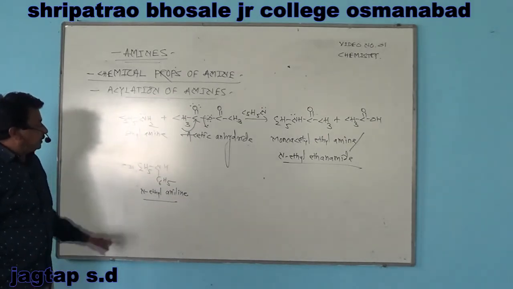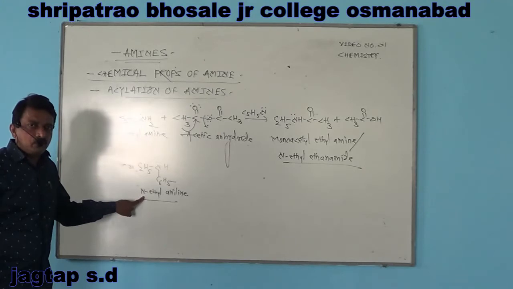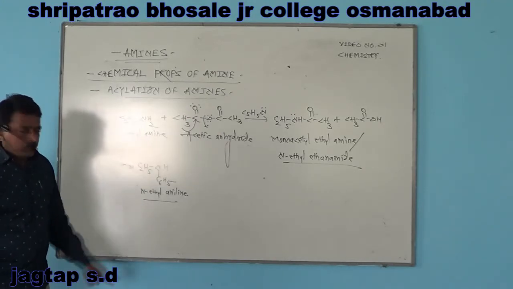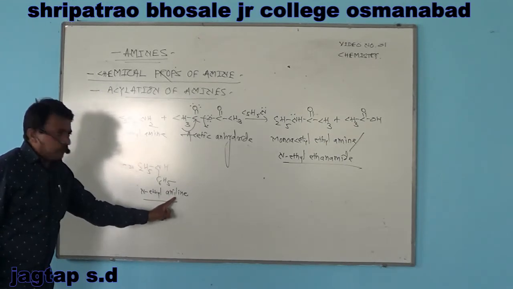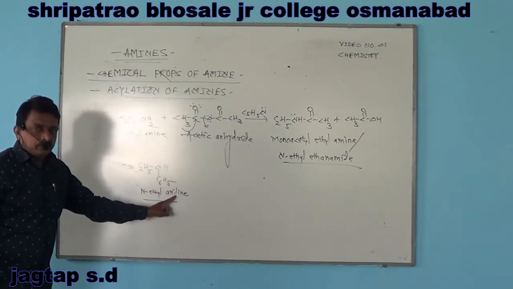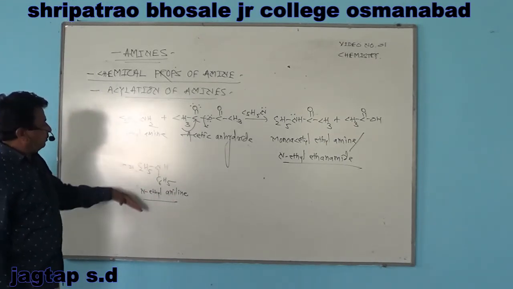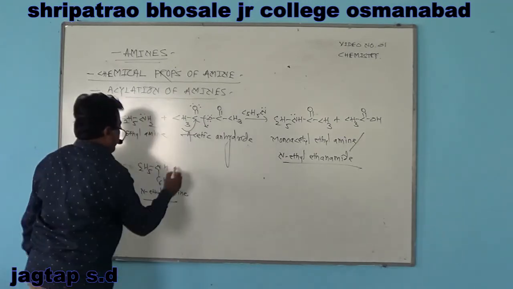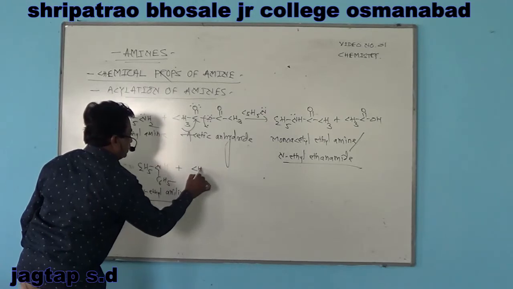The prefix N is used to indicate the number of alkyl groups present on the nitrogen atom. The name aniline is used both commonly and in the IUPAC system. Therefore, according to the IUPAC system, it is named N-ethyl aniline. It reacts with acetic anhydride